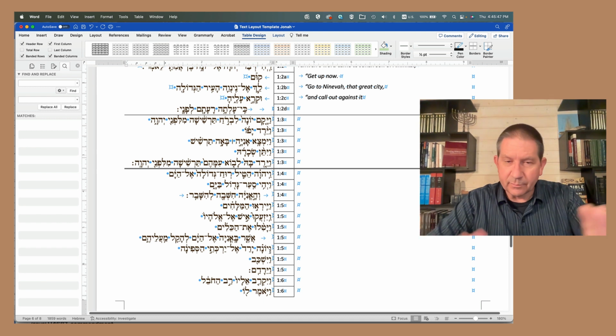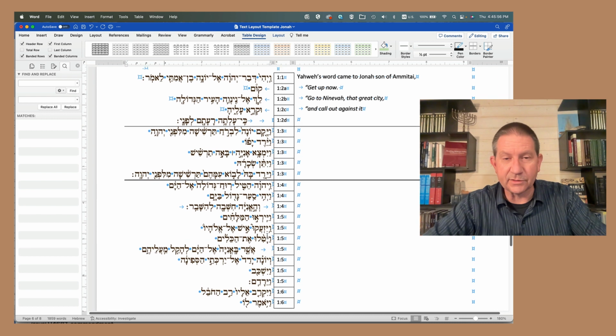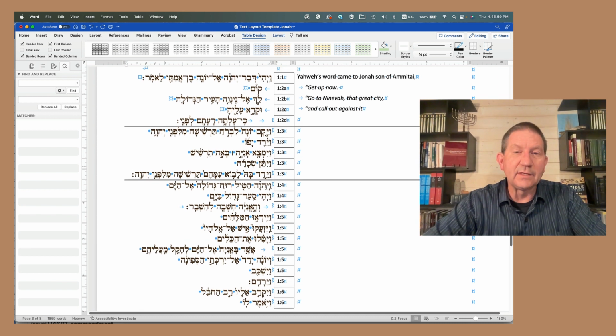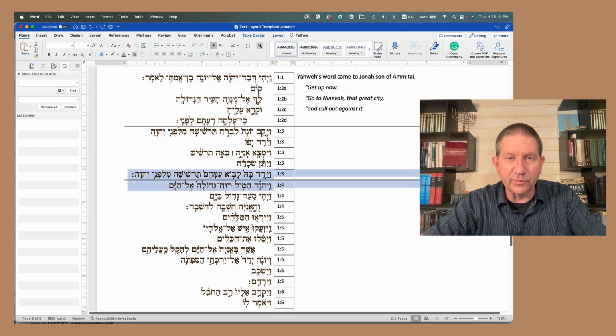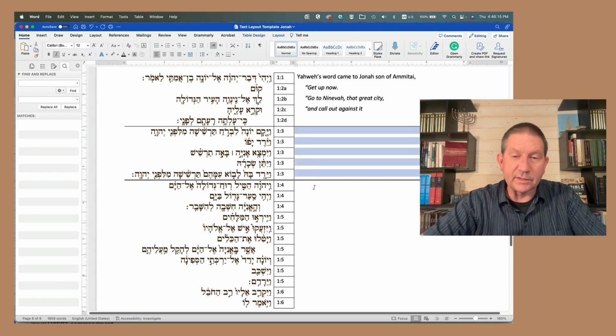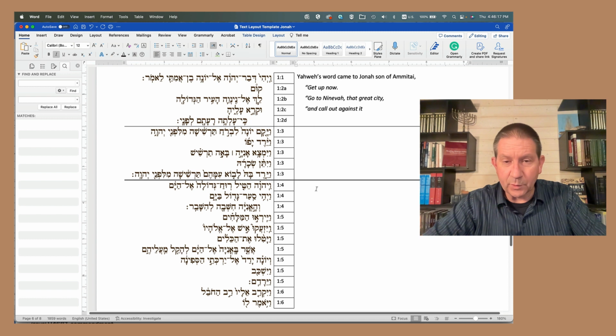Now, there'll be another place to check your work, so I'm not going to do the whole thing of Jonah 1 now, but I'm trying to show you the mechanics of what we're doing in Microsoft Word to make this a faster process just for moving text around and making sure that it looks right and displays properly. You can always come back and turn off your paragraph marks so it looks a little bit cleaner to the eye. You need to make your translation, and you want to be following the principles of